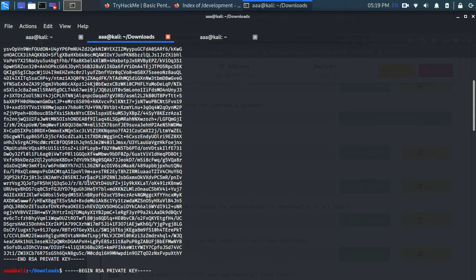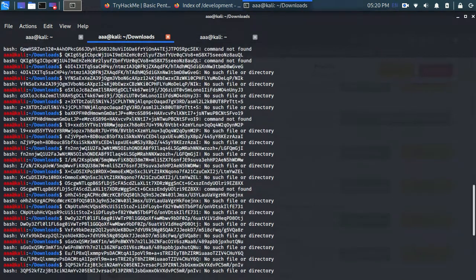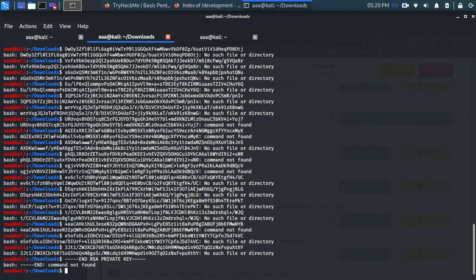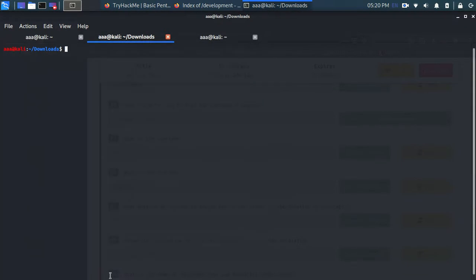So now what we will do is, let me clear this. Now we'll convert this private key to a hash so that we can crack it. How to do this is you need to type python, and there is something known as ssh2john. So let's go to usr, maybe share or maybe bin, I am not sure.